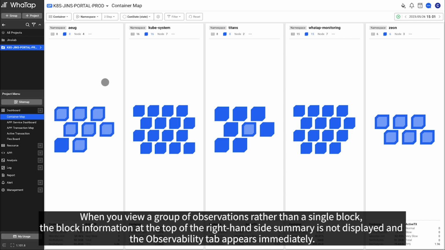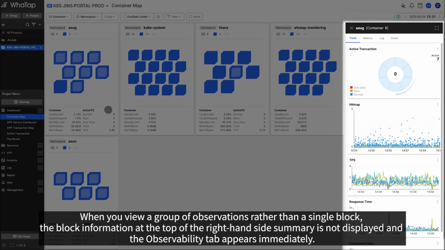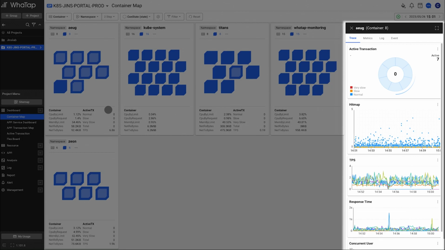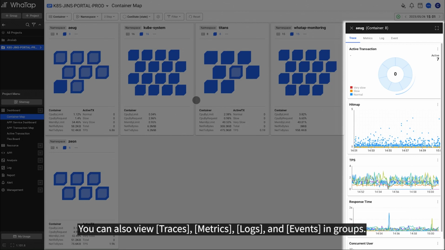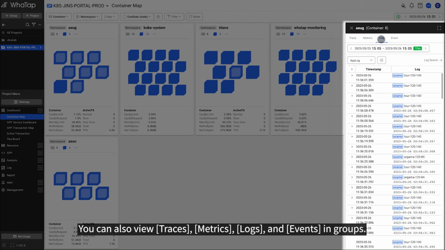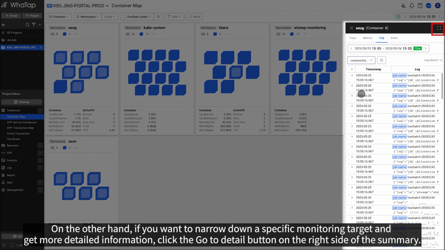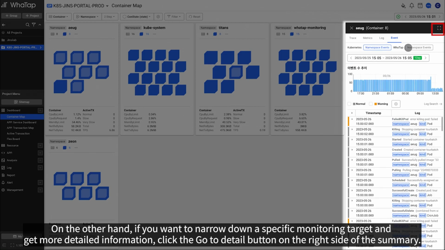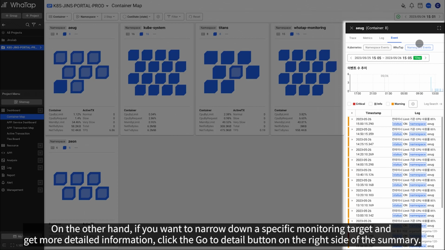When you view a group of observations rather than a single block, the block information at the top of the right-hand side, summary, is not displayed, and the Observability tab appears immediately. You can also view traces, metrics, logs, and events in groups. On the other hand, if you want to narrow down a specific monitoring target and get more detailed information, click